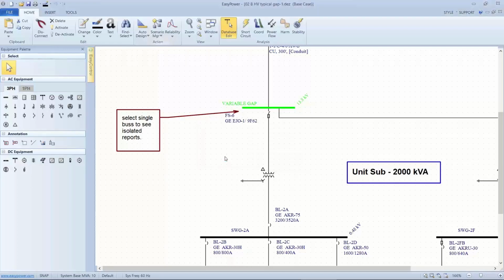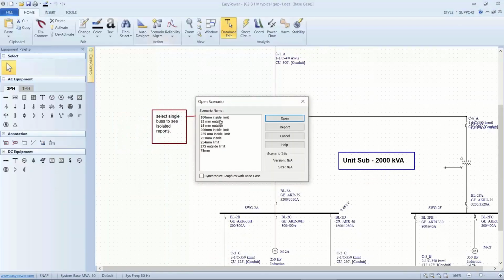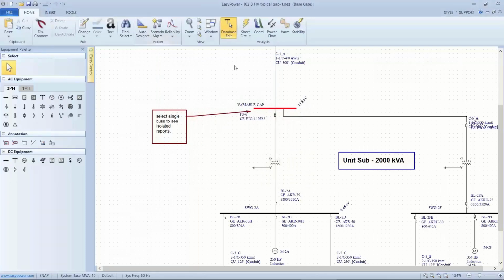Let's save it without zooming in. And so we have both inside the limit, outside the limit, and then middle points are various dimensions between the two. And the issue I found here when I run the scenario manager on that individual bus